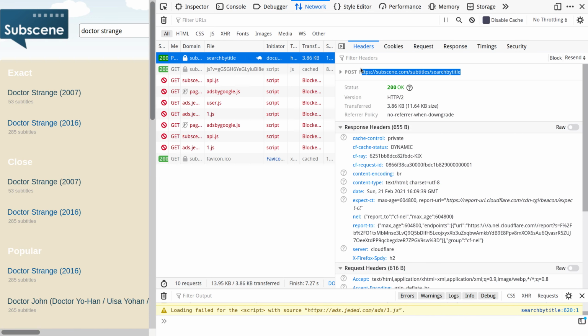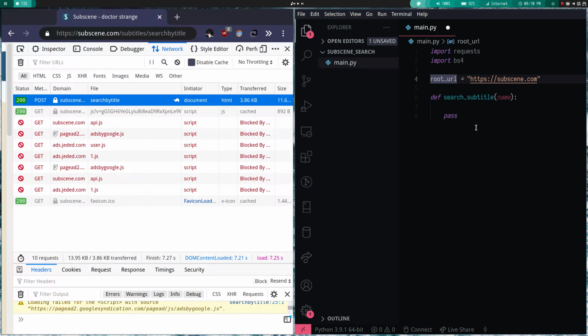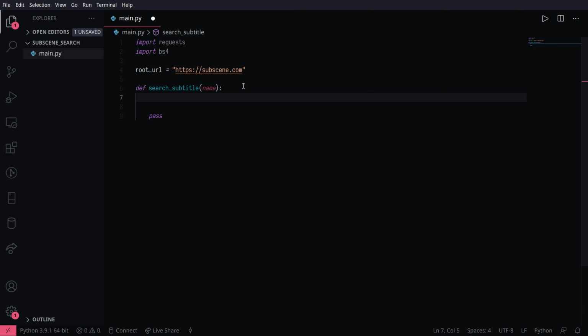So let's copy this URL. This is going to become https://subscene.com/subtitles/searchbytitle, and we're going to make a post request to this URL